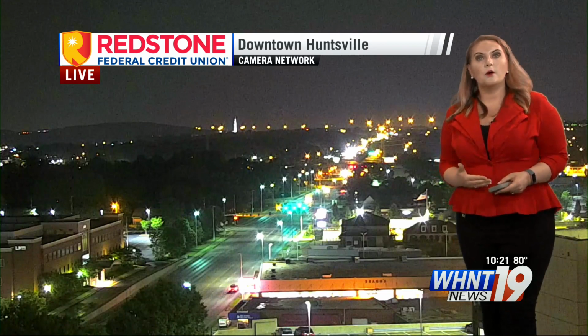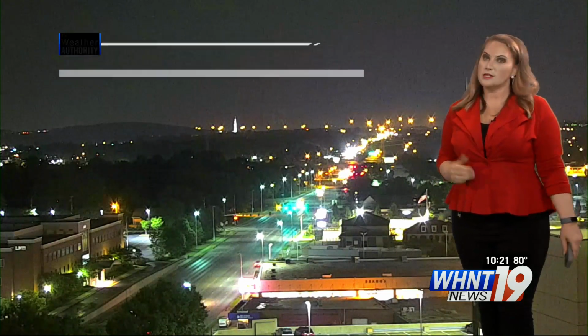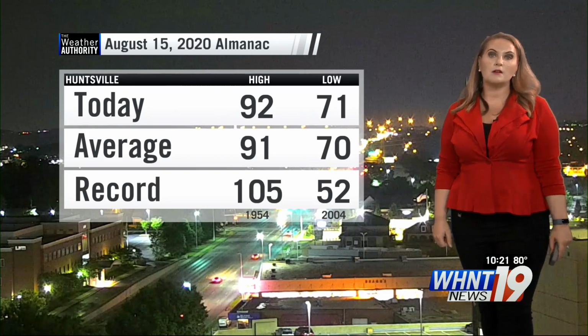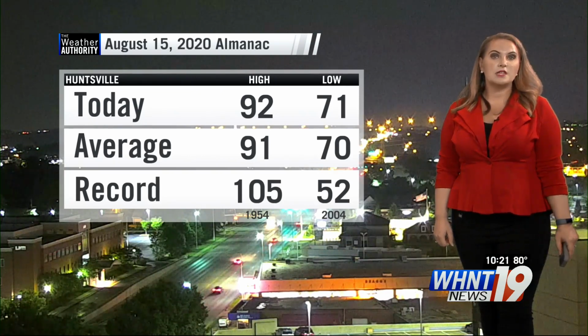Now, here closer to home, we don't have to worry about anything like that. It was a little on the toasty side, though. 92 degrees, our actual high for today, right about on par for August 15th. Our record